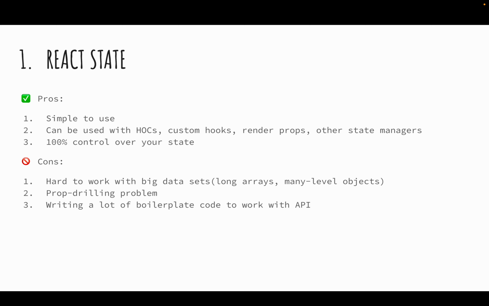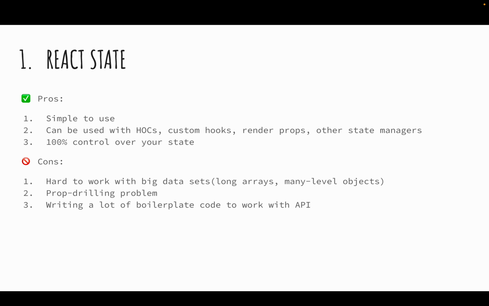the prop drilling problem. Prop drilling is when you have state in your parent component and it needs to be shareable to some child five levels deep, and you need to pass all of these props through the internal components, and that's bad for performance. And you are writing a lot of boilerplate code to manage, for example, your API. To do a simple API request, you need to write a useEffect hook, you need to write some fetch call. In this fetch call, you need to handle exceptions from the server, and it takes a lot of time